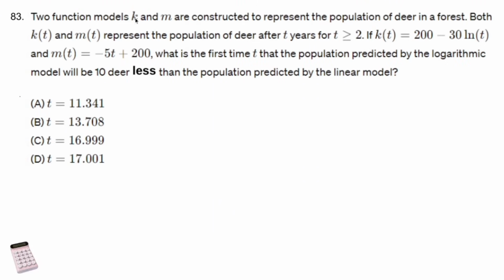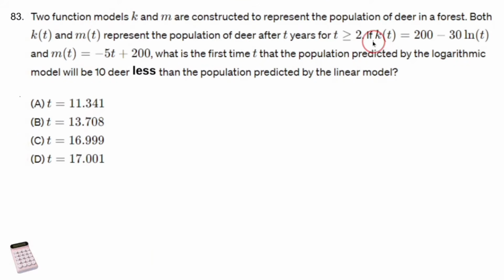Two function models K and M are constructed to represent the population of deer in a forest. Both K of t and M of t represent the population of deer after t years for t is greater than or equal to 2. Interesting. I wonder if that's going to come into play later. If k of t is 200 minus 30 ln of t, and m of t is -5t plus 200, what is the first time t that the population predicted by the logarithmic